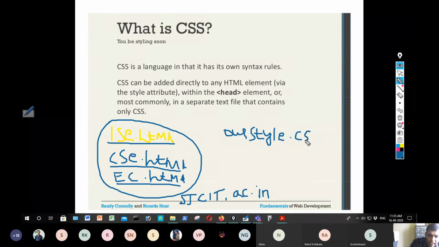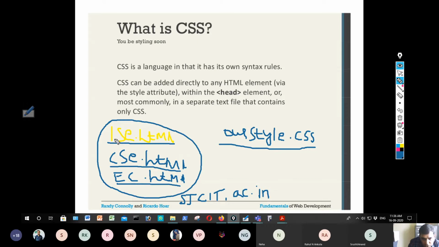What is this style.css? The extension .css is used to create a CSS file. It contains a set of rules that tell you what the color and other properties of paragraph, header, div and so on should be. All the styles are there.